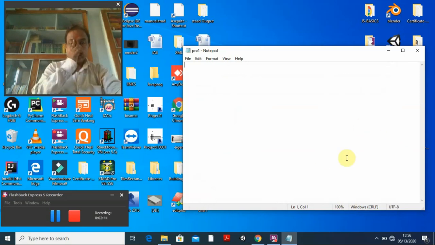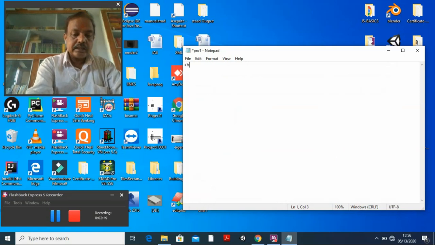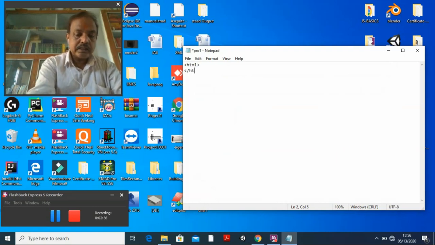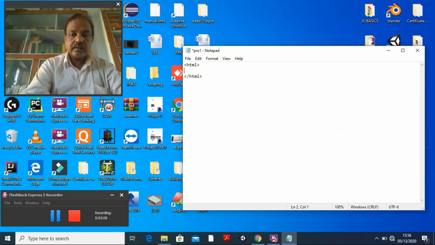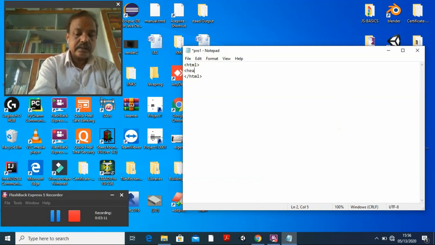But whenever you write this HTML program, suppose I want to write the opening tag html, and here I want to write the closing tag html. In between I want to write, say, enter, the head tag, with the closing tag head also.